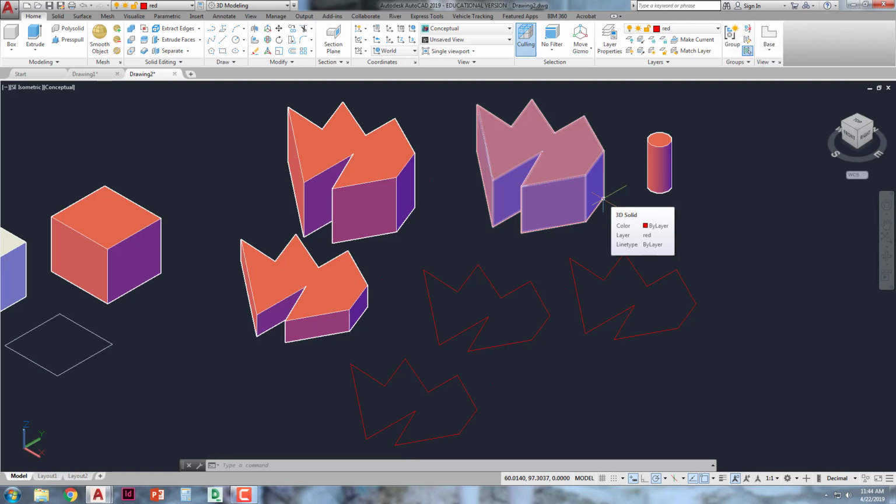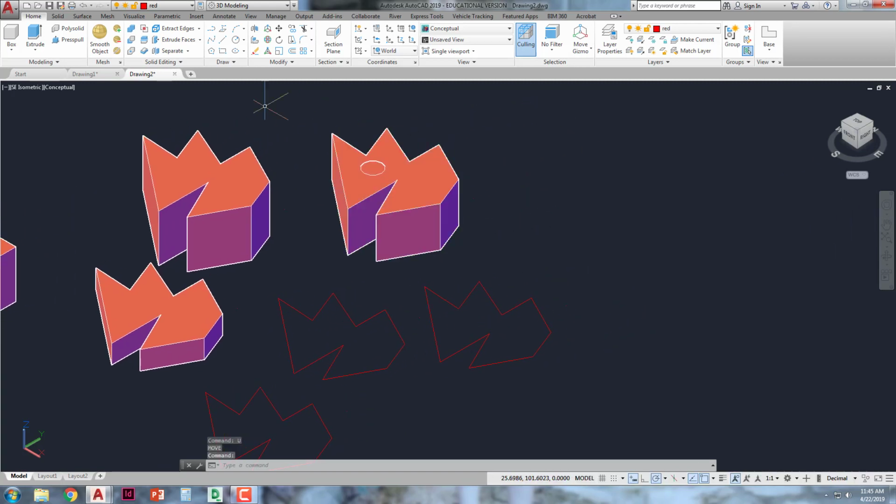And cylinders we use all the time in 3D. That is how you're going to get a hole out of something. You have to make a cylinder first. And then what we're going to do is subtract it from the object. So I'm going to undo to put that back where it goes. I'm going to step over here and talk just for a second about